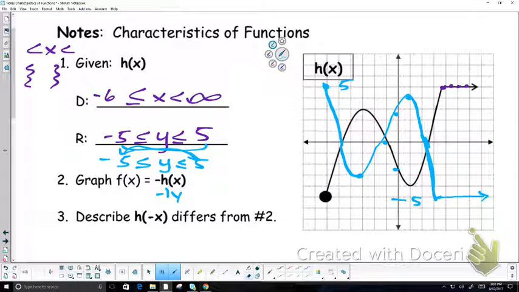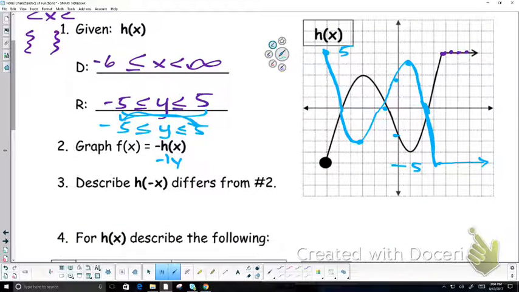Innie or outie? It's an innie, so is it going to impact your y's or your x's? So is that going to be horizontal or vertical? Vertical. Okay, so it doesn't tell me to graph it. It says just describe how this is different from that. If I were to graph it, how would I graph it differently? Instead of reflecting over the x, it's going to reflect over the